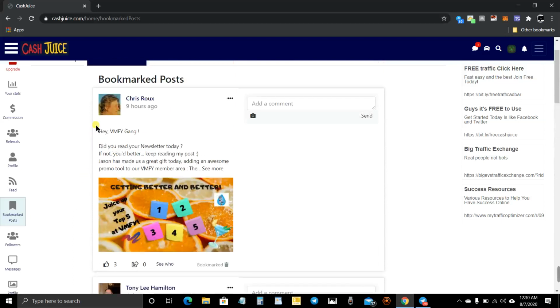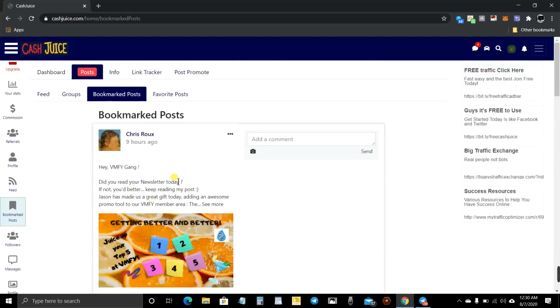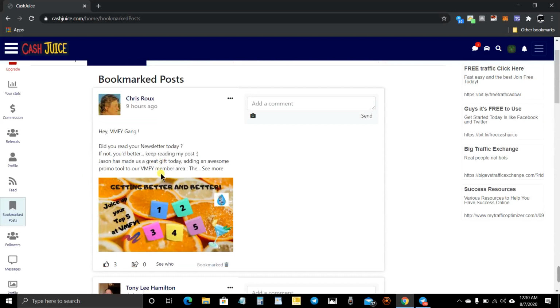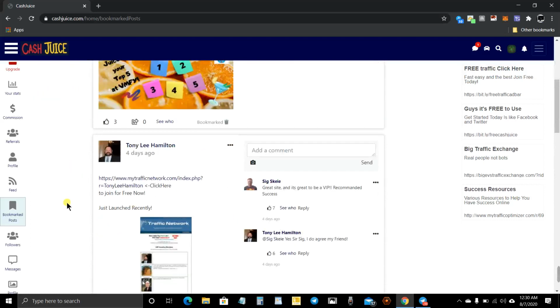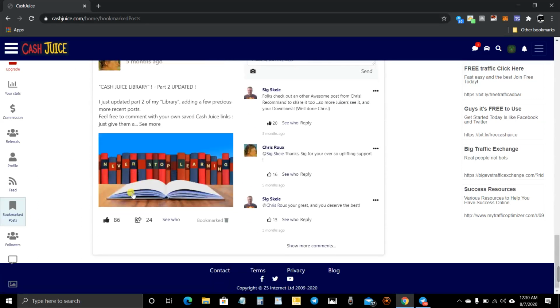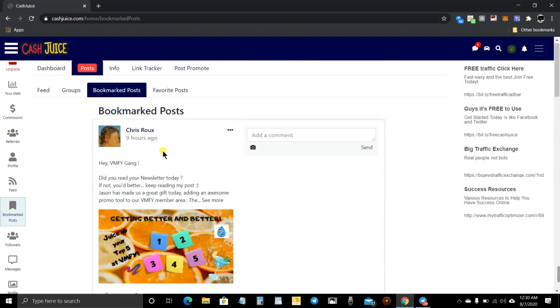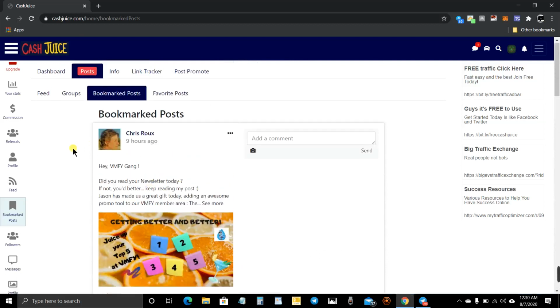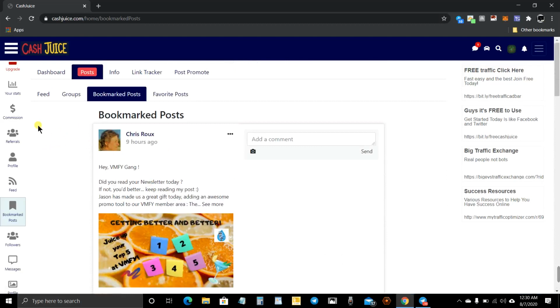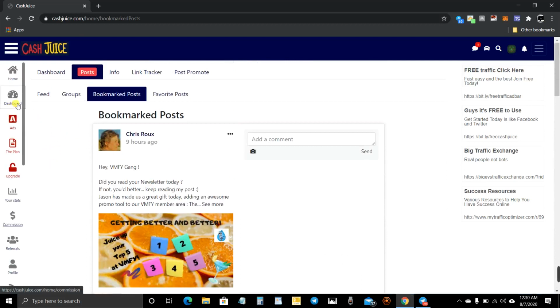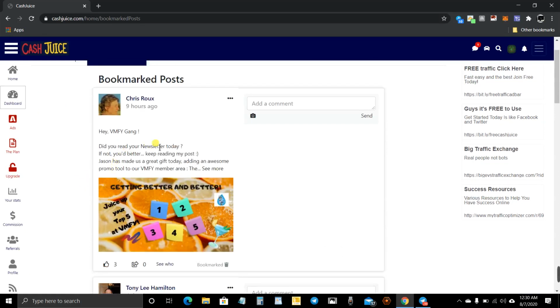Now this is a good way to find posts that you want to come back to later, whether for you or to help someone else. The bad part is when you put all your posts in here, they're just all in here. They're everywhere. Here's another one from Chris I saved. And there's just no organization. So there's a couple of different ways we can organize these posts. The first way is to actually go to the bookmark post, and you can